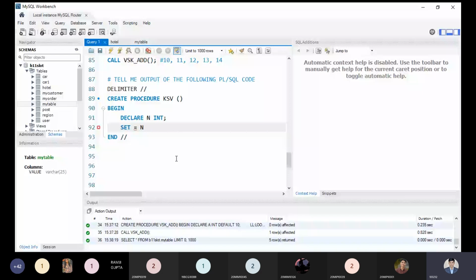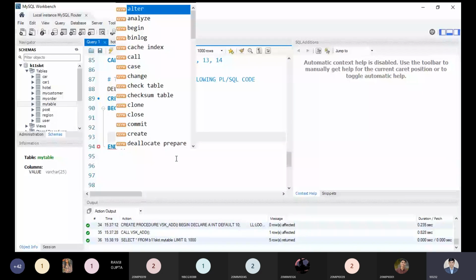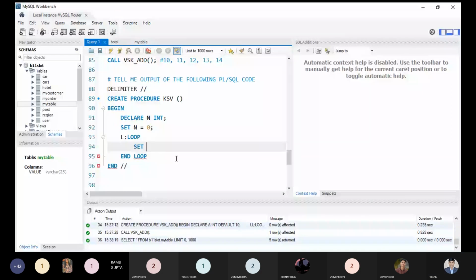L is a loop, so I'm taking a loop. Inside this loop, I'm doing set n equal to n plus 1 and select n. And inside this loop, we still have to use an if condition.